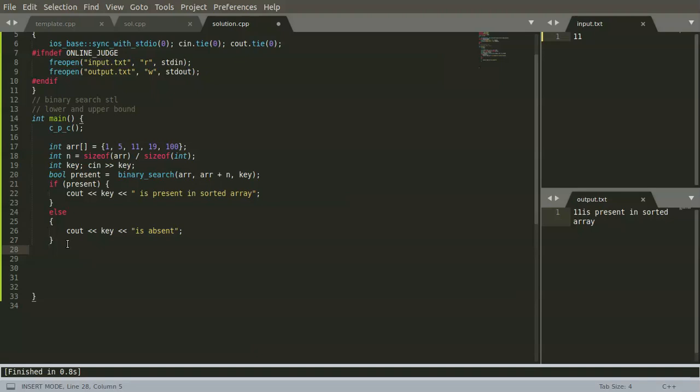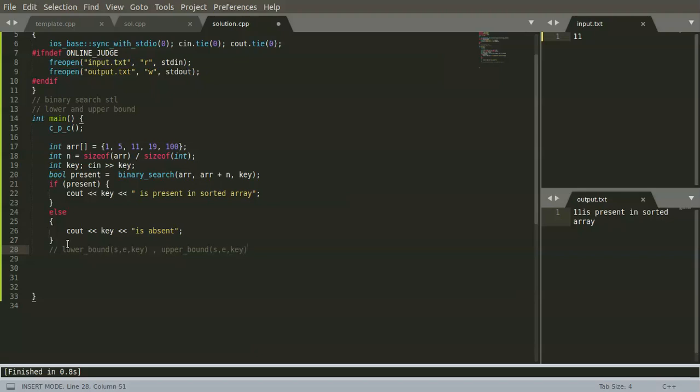Lower bound also takes the starting address of our array, the ending address of our array, and the key, and upper bound does the same.